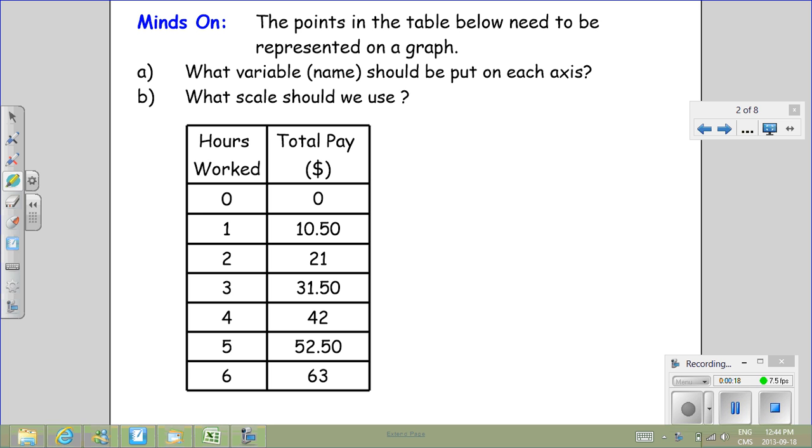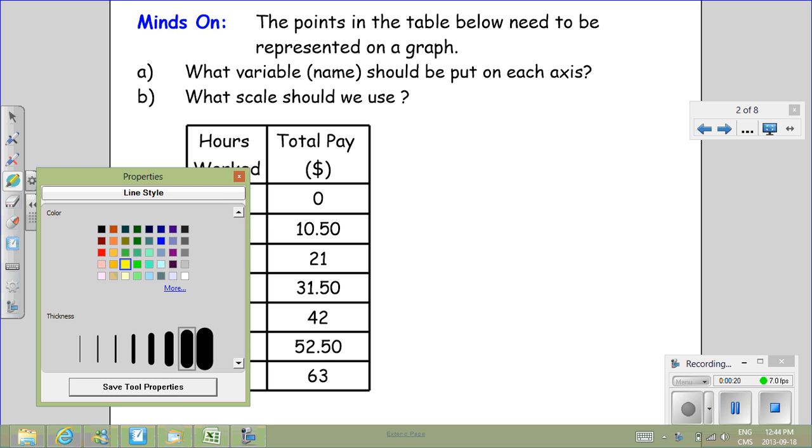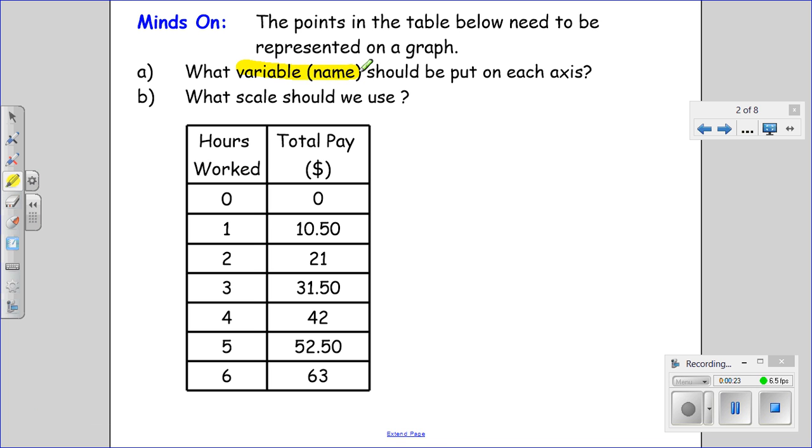So we're going to start with thinking about the variable name. We're looking for the variable name on each axis and we want to find a scale. We have hours worked and total pay. Now, the amount of money you earn depends upon the hours worked. So your hours are your independent variable, and that variable should go on your